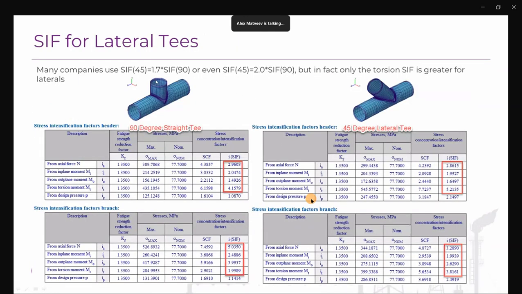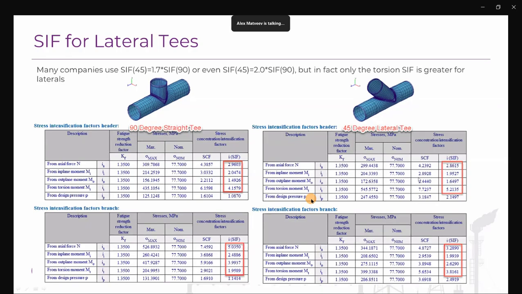And the interesting thing is that many companies use a simple approach. They calculate stress intensification factors for the straight T's and just multiply them. Some companies multiply by 2.0, some companies multiply by 1.7, and receive the stress intensification factor for lateral T with 45 degrees. So we tried to check this method, and we found that it is incorrect because actually the stress